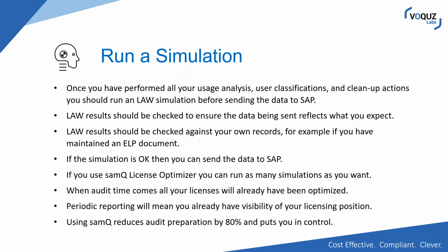Once you've performed all your usage analysis, user classifications, and cleanup actions, you should run an LAW simulation before sending the data to SAP. LAW results should be checked to ensure the data being sent reflects what you expect. LAW results should be checked against your own records, for example, if you've maintained an ELP document. And if the simulation is okay, then I would recommend only at that stage do you actually send the data